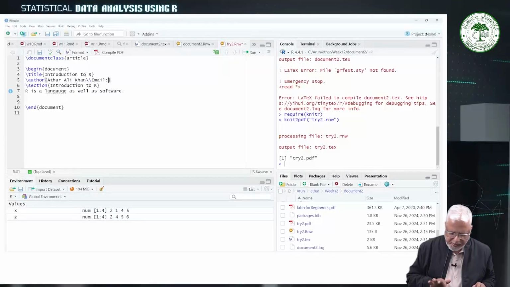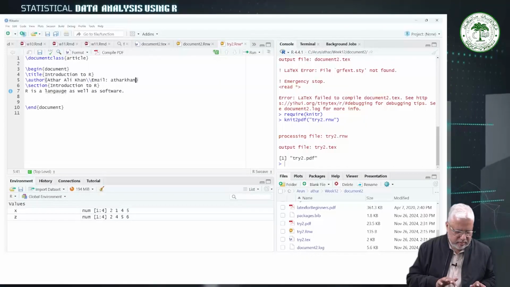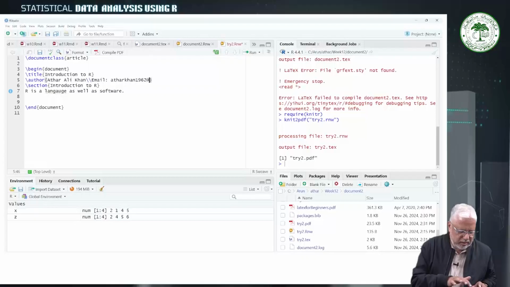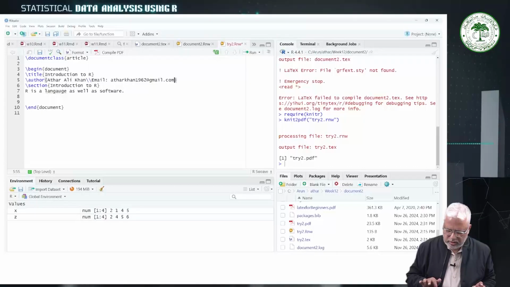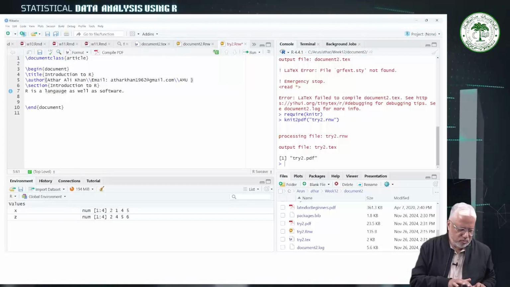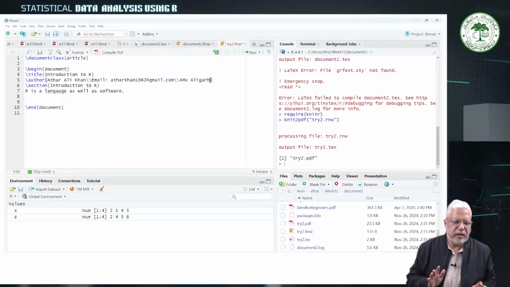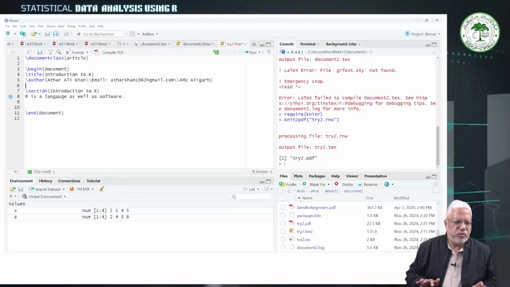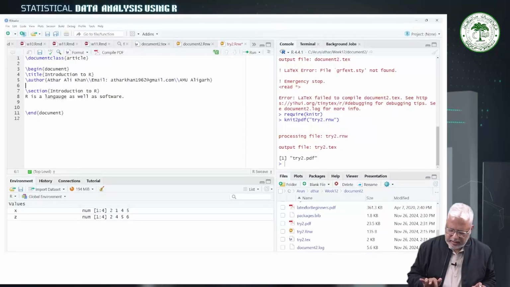email, AtharKhan1962@gmail.com. So this is, and then institutional address, AMU Aligarh, India. So now after that, see what we have to do, author's name, then we can have